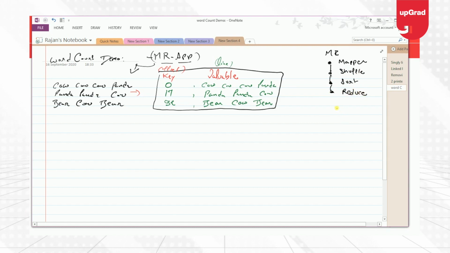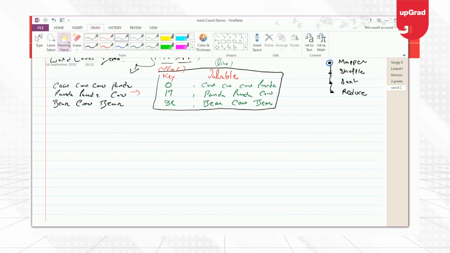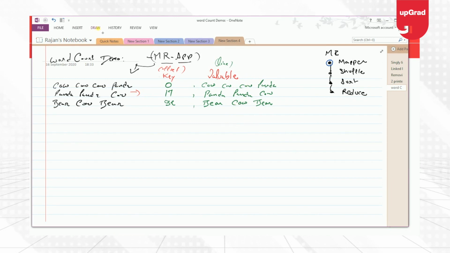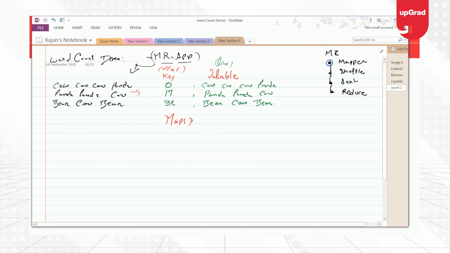Now we are about to begin the very first phase of the MapReduce application, and that is mapper. So let us start with the mapper phase. Now, what exactly does the mapper phase do? Mapper is going to read this data, and that too line by line. So you need to understand this nature here, right? The mapper is going to read this data line by line. So you can think of a mapper as a map function, right? In a Java application, you can think of the mapper phase as a map function,